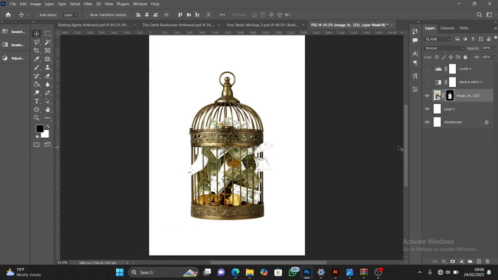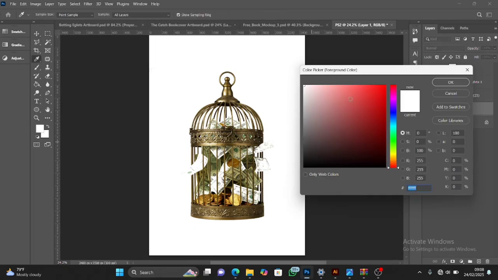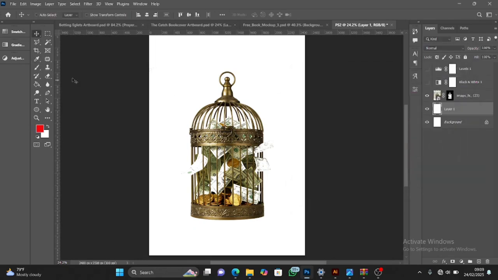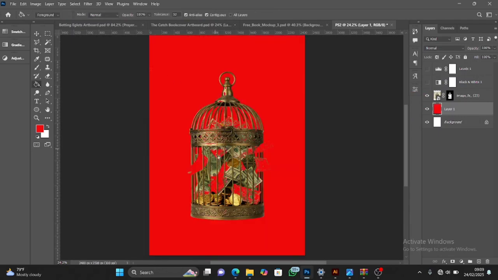If I change this layer now to black, you see what I'm talking about. Okay, let me just say red. Let me use another color like red. I say okay, then I paint. So you can see that it has not